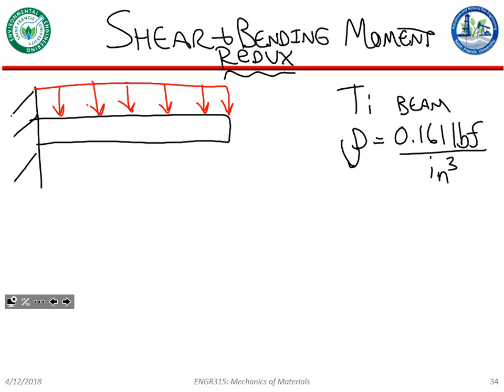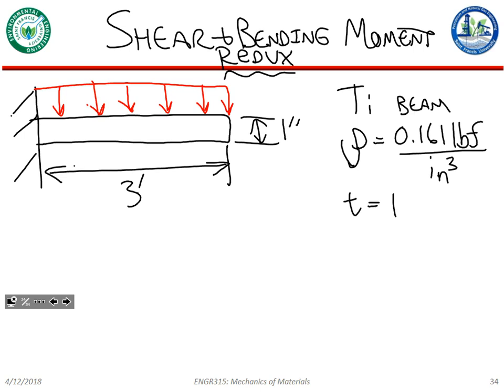If I throw some dimensions at this, let's call this 1 inch tall by 3 foot long, and say its depth, or let's call it thickness, is 1 inch. That's like the into-the-board dimension. Now, the weight is a uniform load pressing down,